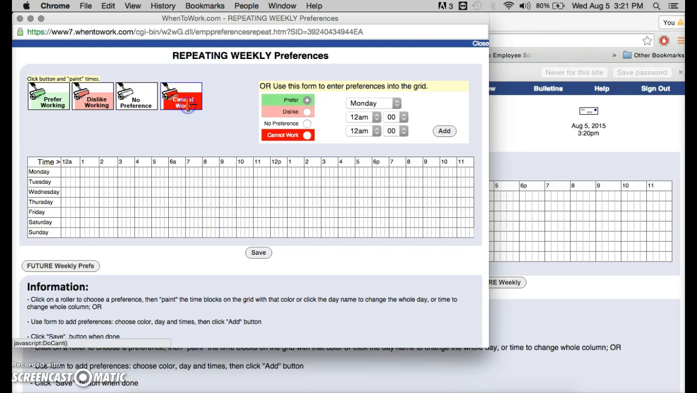Then go up here and choose the cannot work, which is a red paint roller sort of thing. And then you're going to want to put in the schedule. So let's say, notice it starts on Monday. It goes Monday through Sunday here. And let's say you have class Monday, Wednesday, Friday from 8 to 10 a.m. So you're going to choose the Monday, kind of paint that in there from 8 to 10. Do the same thing on Wednesday,